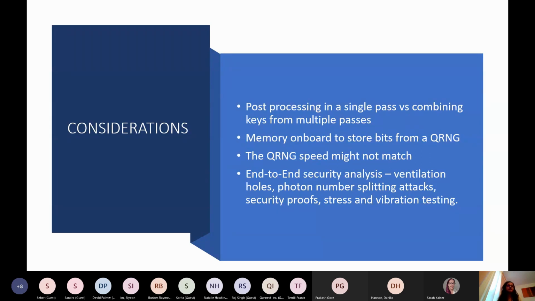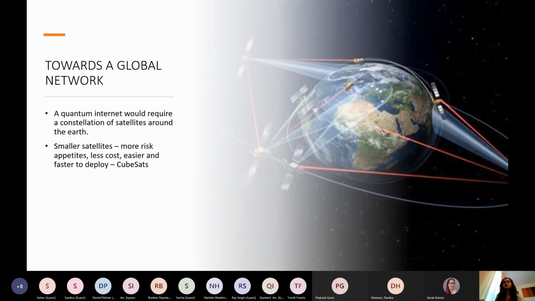Are there ventilation holes in our system, and can random satellites orbiting around our satellite inject photons into it and do some other kind of cheating on the side, basically? All of this also has to go through quite a lot of stress and vibration testing, climate testing, vacuum testing, and so on to ensure that the CubeSat, well, the satellite does not break on its way into the atmosphere. Also that it does not stop working over its life cycle, which is around a year to 2 years for us. But why do we want to use CubeSats?